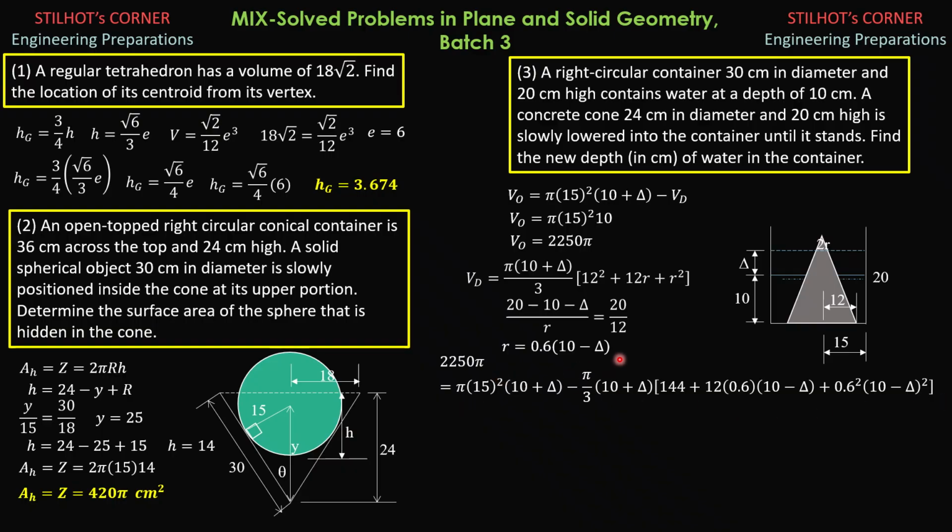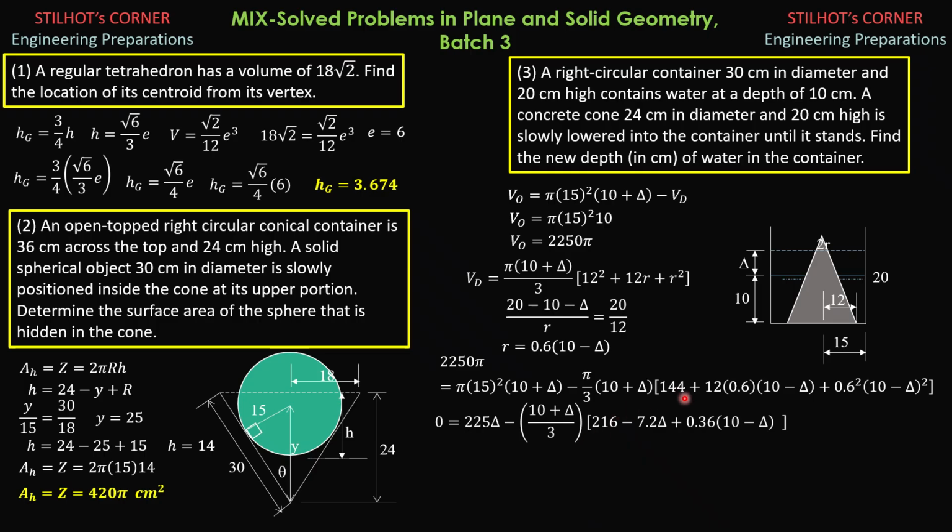Before we simplify, we cancel out pi, which is common to all terms, and this 2,250 at the left, there is also 15 squared times 10 at the right, so we can cancel that out. So what is left is 0 equals 15 squared times delta, that's 225 delta, minus quantity 10 plus delta over 3